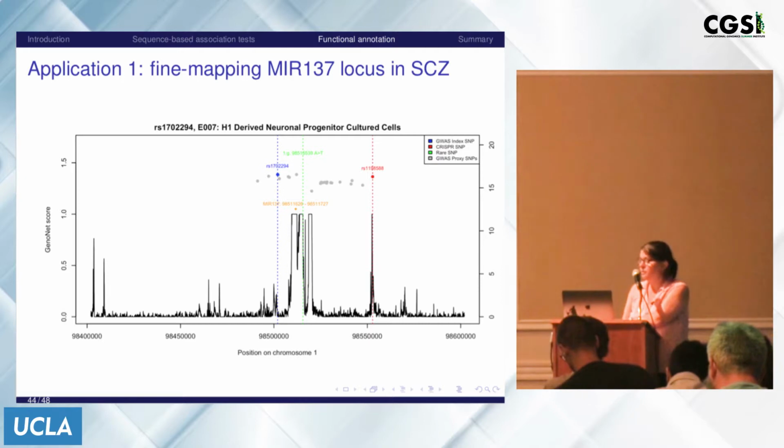So basically, by using this functional score, we show that we can, at least in this example, narrow down the list of variants of potential candidates for follow-up, and luckily in this example, it includes a variant that was validated